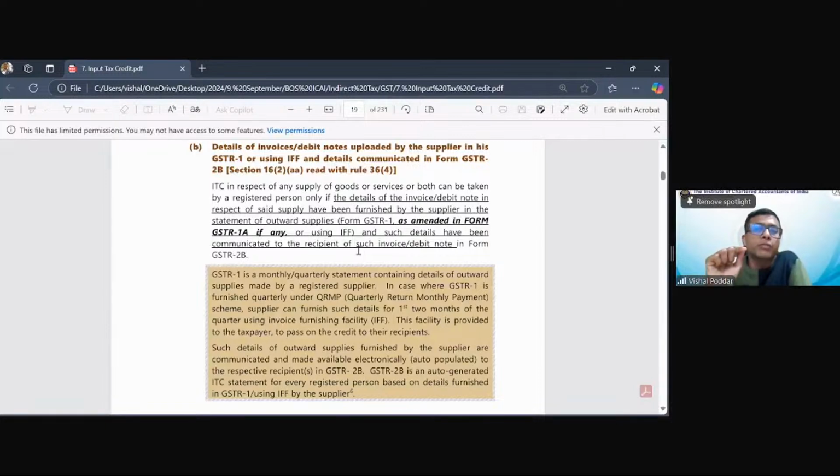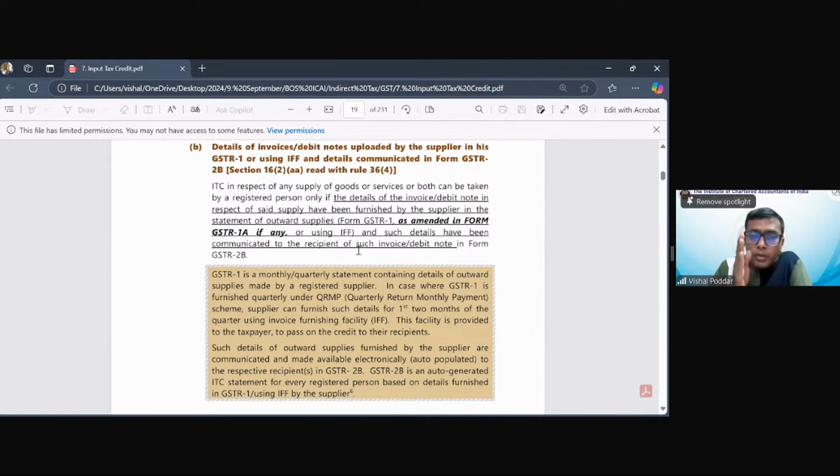So that is the new functionality brought in just 2 months before. I believe it is not going to be part of your exams, for the simple reason that, one, it is recently introduced, and secondly, it has not yet been made compulsory even practically. We are still having, you can say, a trial period of that. So definitely it is not part of your exams, but just to inform you, because the moment you come out of your exams, you'll find the IMS working full-fledged.